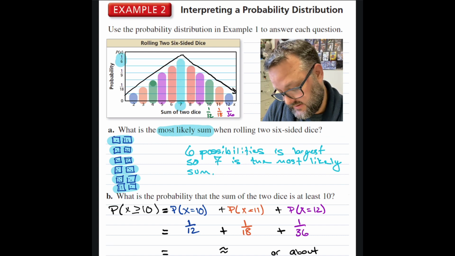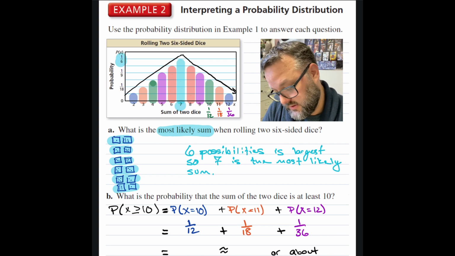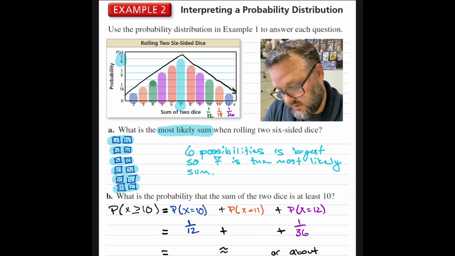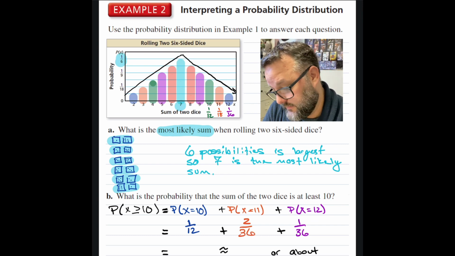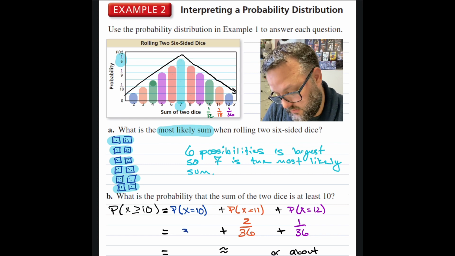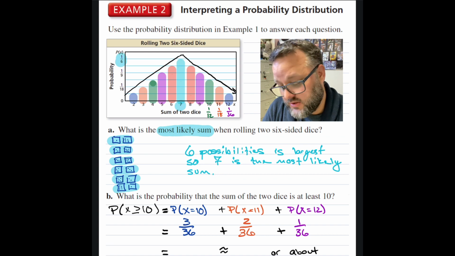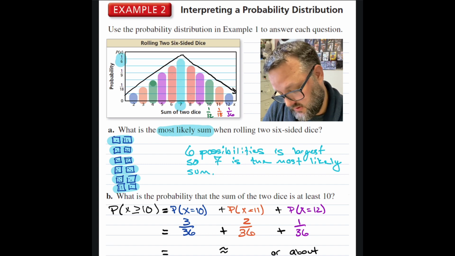So 18 times 2 is 36, and 1 times 2 is 2, so that's the same thing. 1 over 18 is the same as 2 out of 36. 3 times 12 is equal to 36, and 3 times 1 is 3. So 3 out of 36 is the same thing as 1 over 12. Now I have like denominators, so I can add that up. 3 plus 2 plus 1. So that's 6